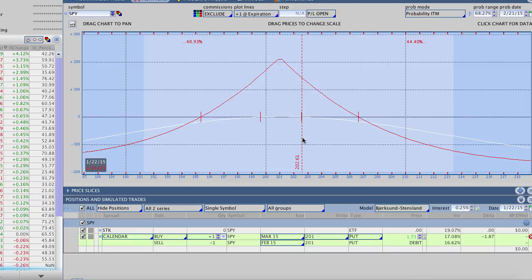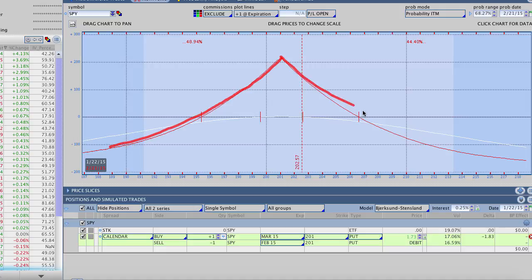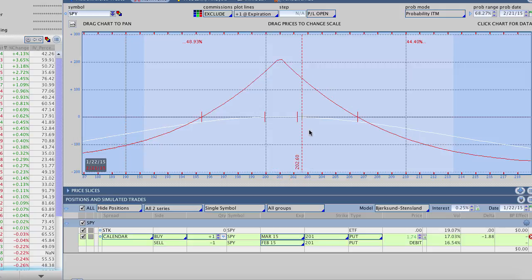You can see this is that peak that we see in the profit loss diagram from the slides before. This is where the stock ideally should try to pin at expiration, which is around 201 as far as the price. Now the stock is trading right here. This is the dotted line on the graph. This is where the stock is trading, about 202.5. So you can see we're just a little bit directionally bearish on this trade. So we need the stock to move down just a little bit to make some money on this trade.